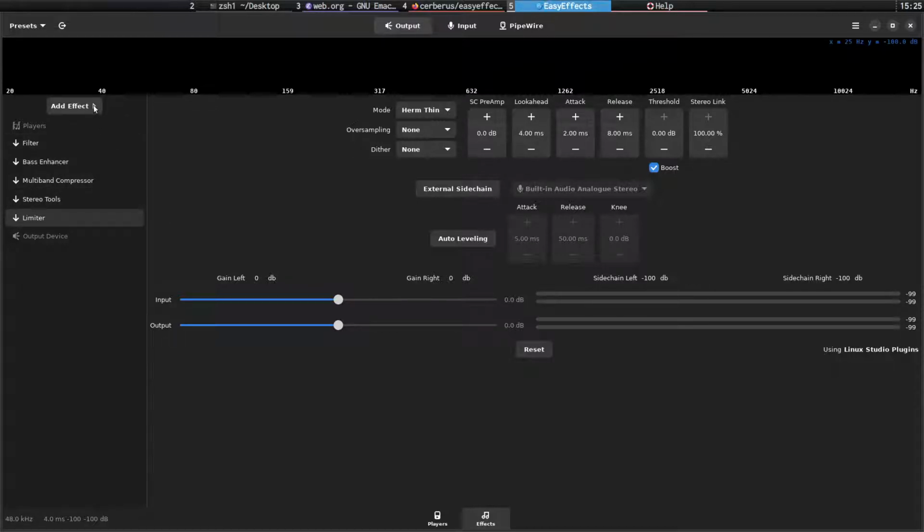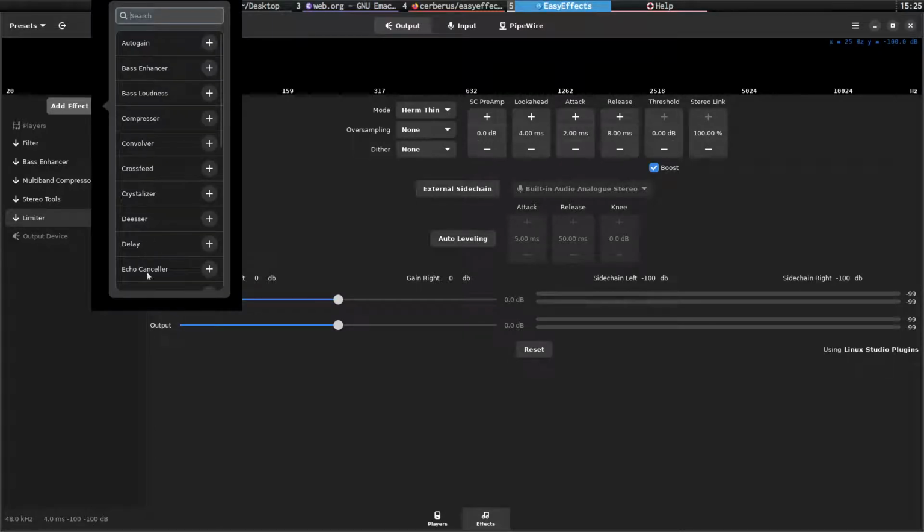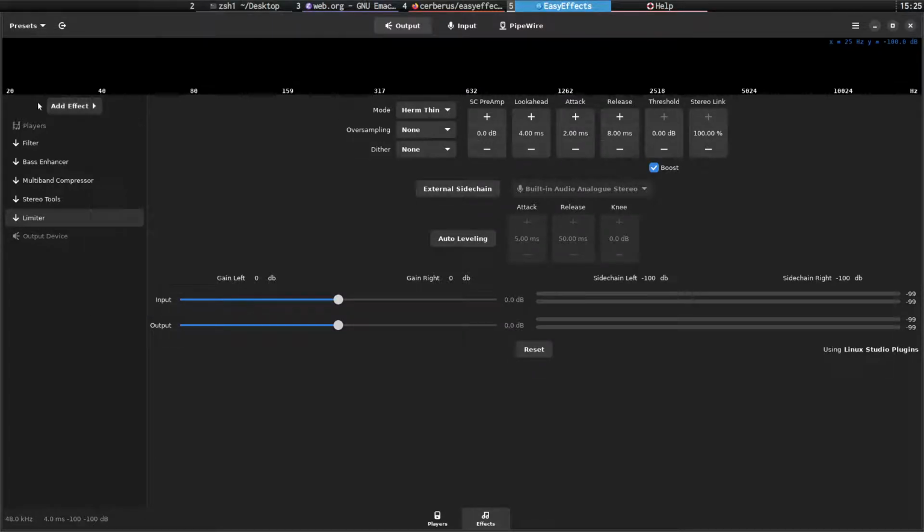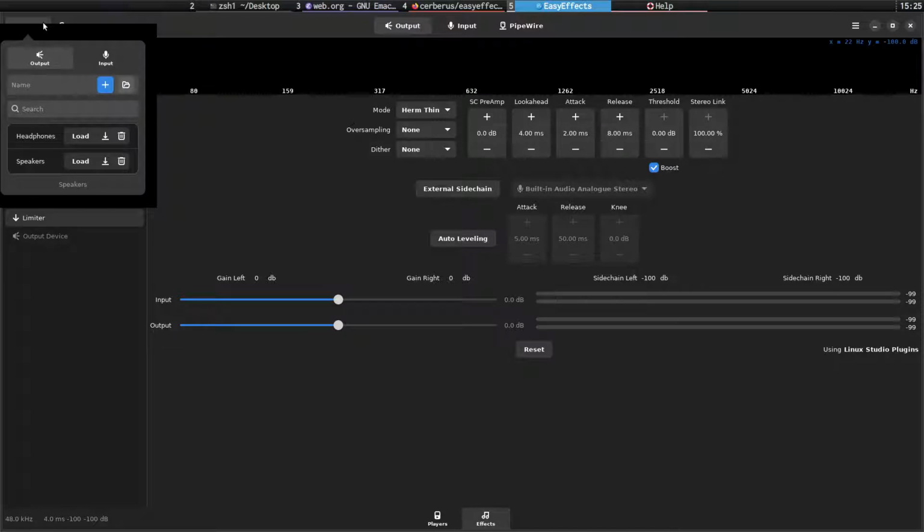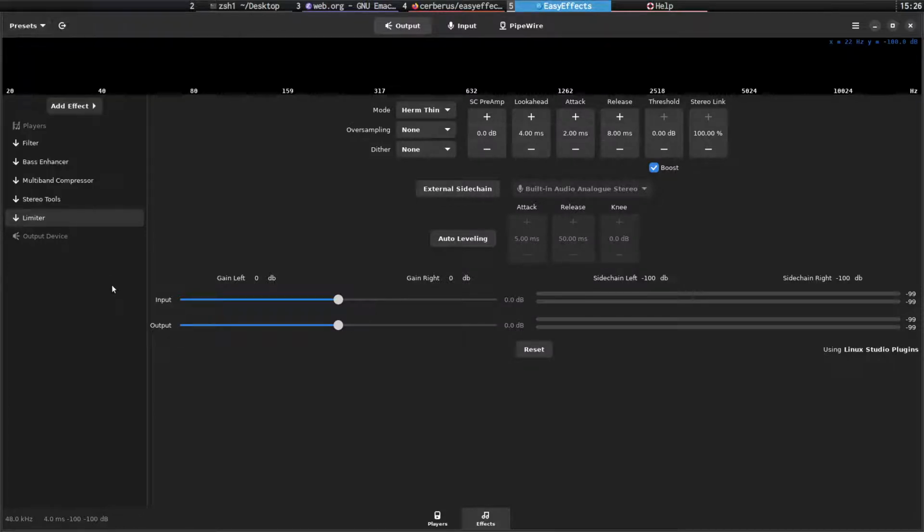So what you do is you click add effect and add your effects. And then you come up here and go to presets and give it a name. You click plus, and then it will add it into this section here. What you then need to do is click this little button, save current settings to this preset file. What this will do is save those presets as a JSON file in your flatpak